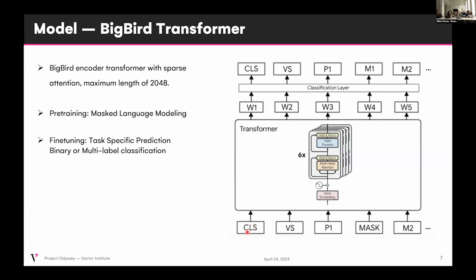We have CLS, the start, visit start, the first procedure. But then we'll say, I'm not going to give you the next word in the sequence. And what you need to do is predict what was here. This will help the model to learn what a general sequence looks like. If you have start of the visit, or maybe if you have these types of medications, you'll end up having these types of procedures. And so overall, your model will learn how the patient progresses through their journeys over different